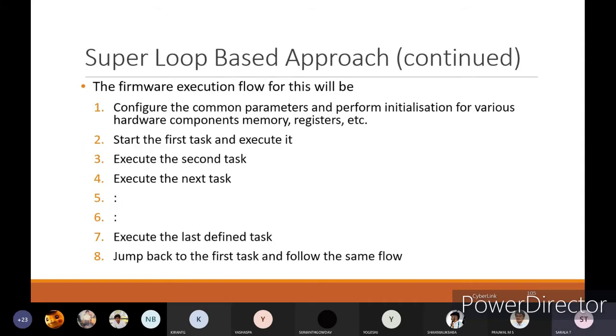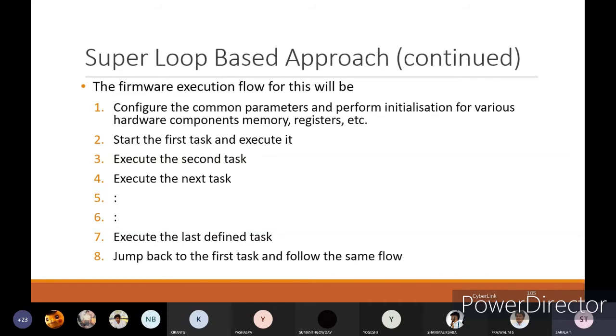The firmware execution flow for this is: configure the common parameters and perform initialization for various hardware components, memory, registers, etc. Start the first task and execute it, execute the second task, execute the next task, and in that way continuously execute the tasks level by level. Execute the last defined task.